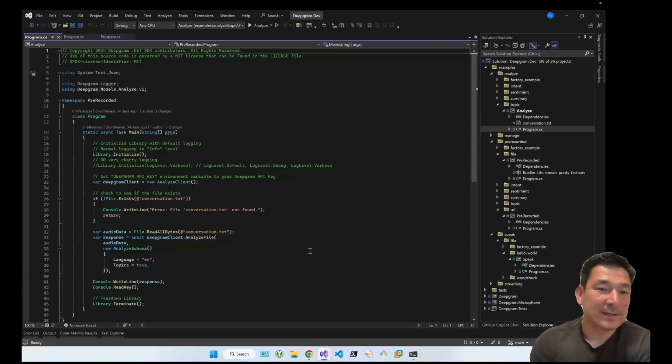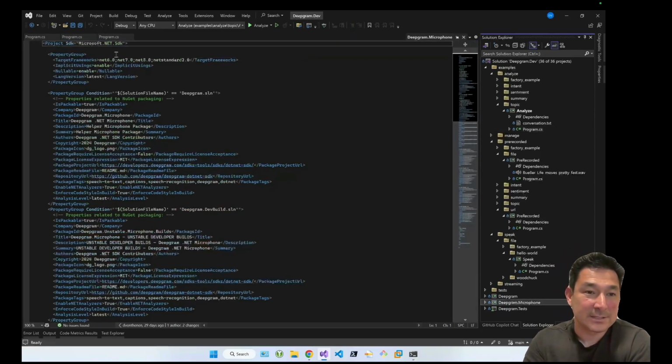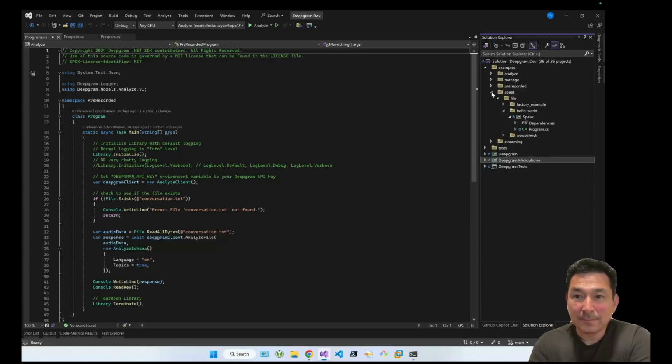Okay, and so one of the big changes that we've made is making the live streaming experience a lot easier to get going. By doing that, we had to introduce this Deepgram microphone package, which effectively just takes PortAudio, an audio library that's cross-platform and works in Linux, macOS, and also in Windows. And we've provided an easy-to-use package that installs all your dependencies in order to use the microphone on your local laptop.